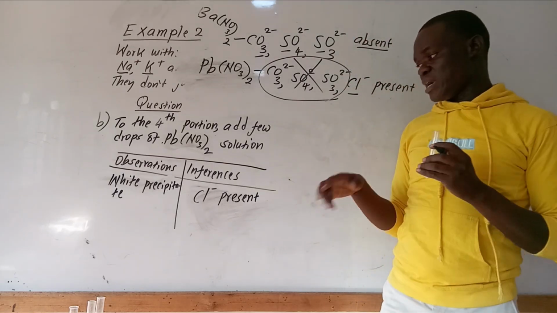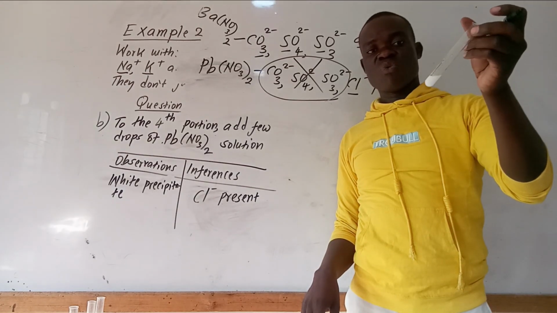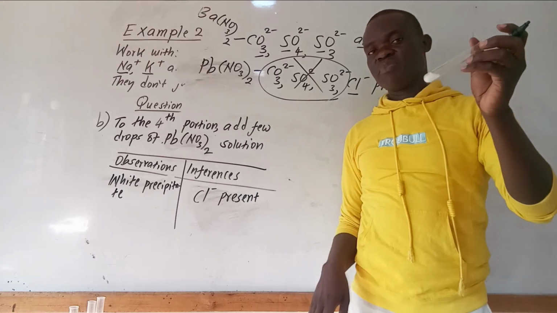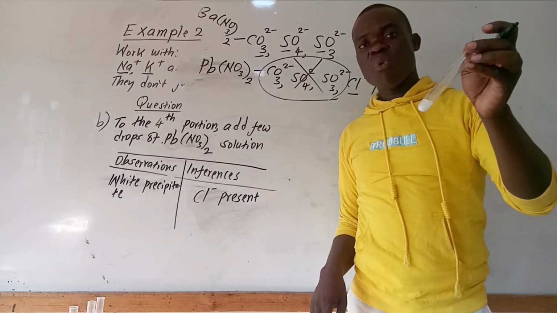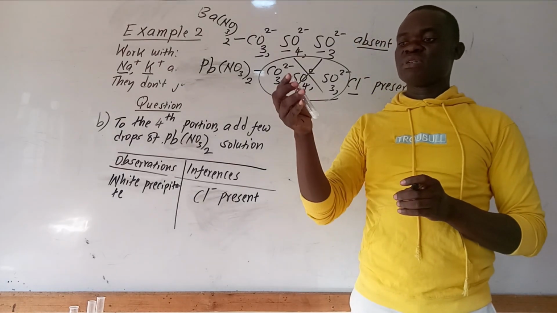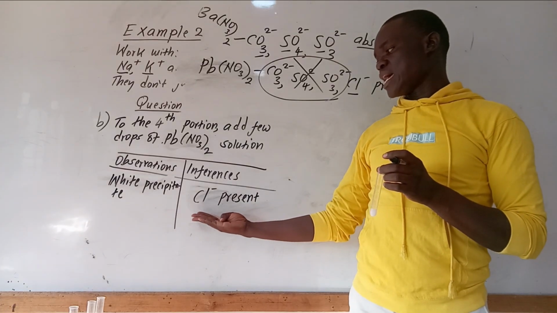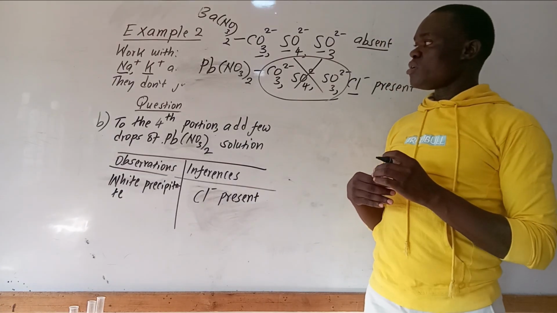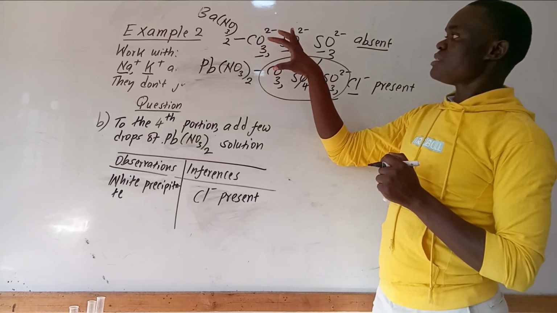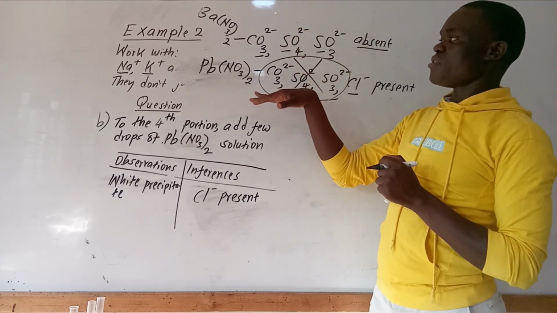Sometimes you can be asked to warm the mixture, this white precipitate, to confirm that it is chloride ion that is present. We can be asked to boil it, to warm it in a Bunsen burner flame. So we are expecting it to dissolve on warming. That will confirm the presence of chloride ion in the solution. So what you should know is that whenever you talk about some components being absent in a question before the one you are dealing with,